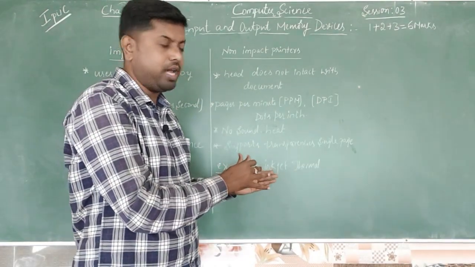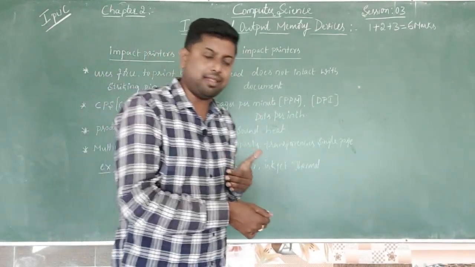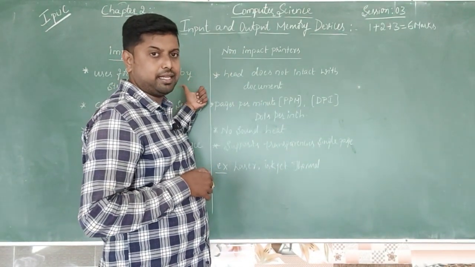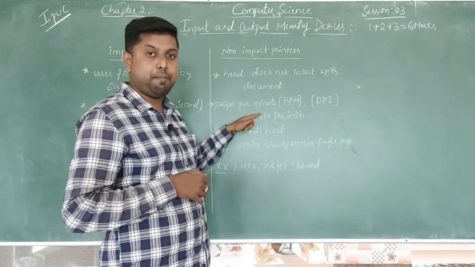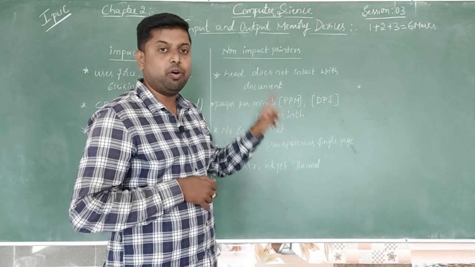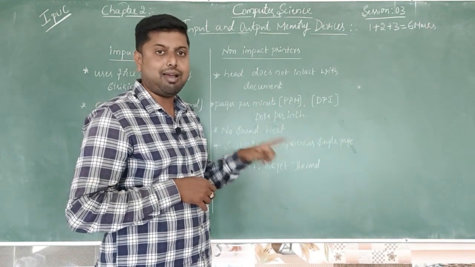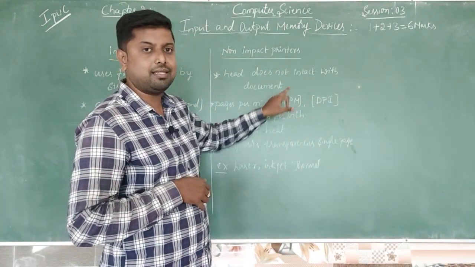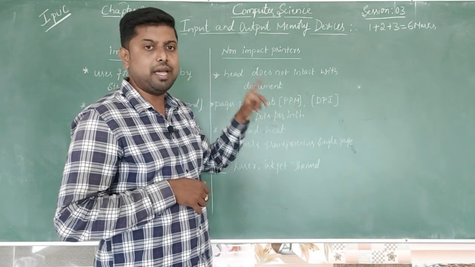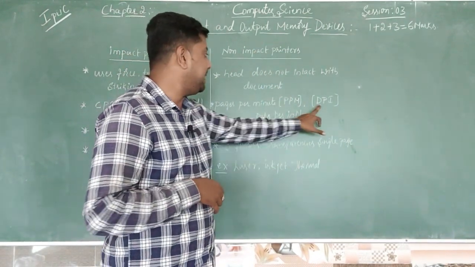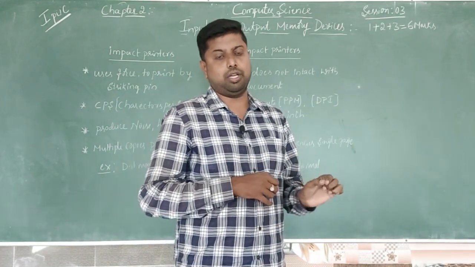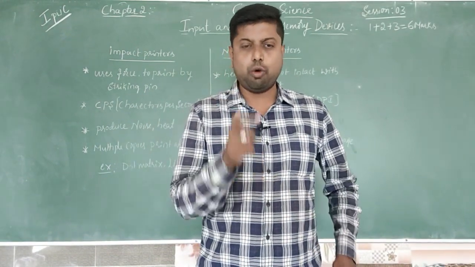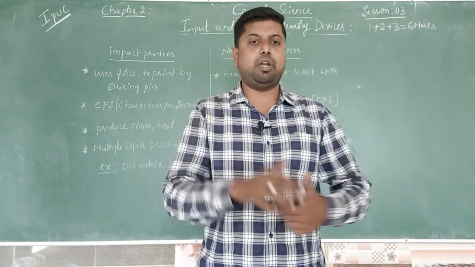The same calculation is made in the non-impact printer in a different method, that is pages per minute. Here in the impact printer it is characters per second, but here it is ppm, pages per minute. Per 1 minute, how many pages are printed with this printer? That is what we call ppm. Like that, DPI, dots per inch. For 1 inch, how many dots will be printed on the document? That is what we call